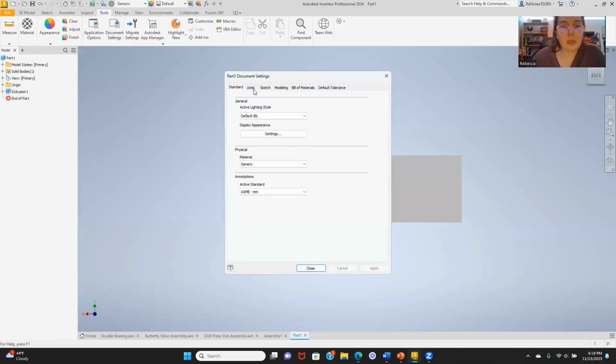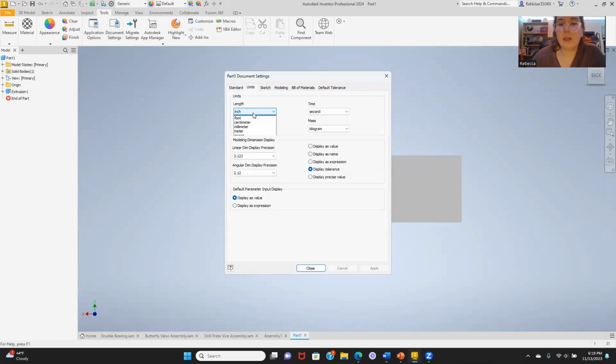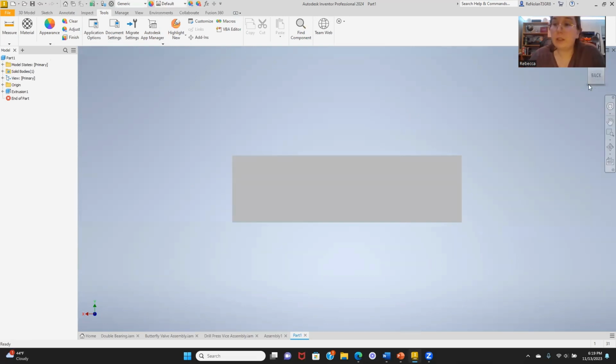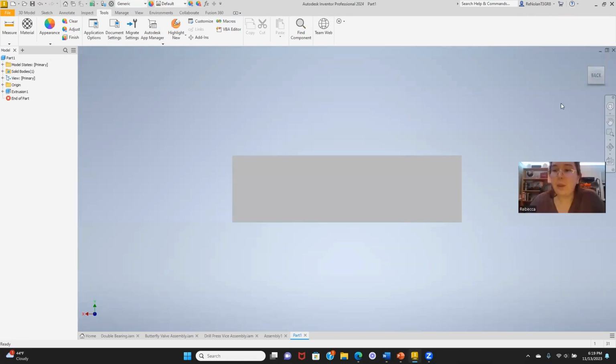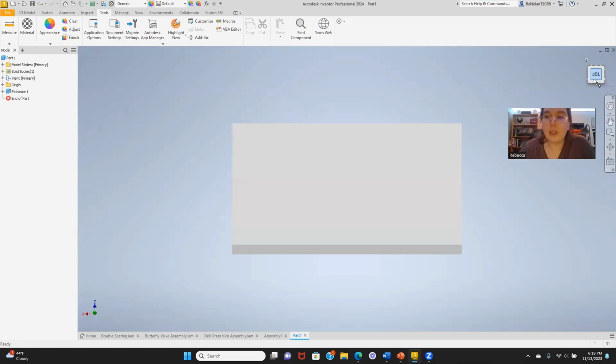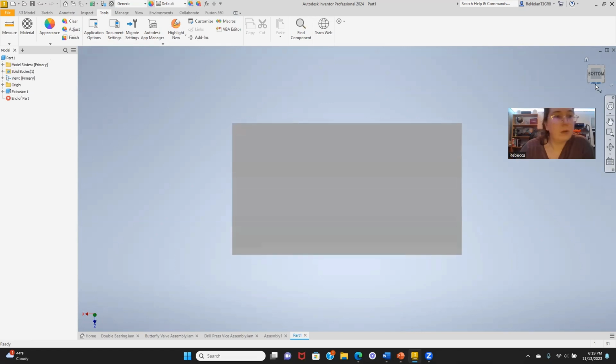So we go to Document Settings, Units, right here. Yours should probably be in millimeter since we changed it in the beginning. If you change that to inch and hit Apply, it'll start giving you things in inches. What that will also give you in inches is, oh, I thought I put a hole in here,